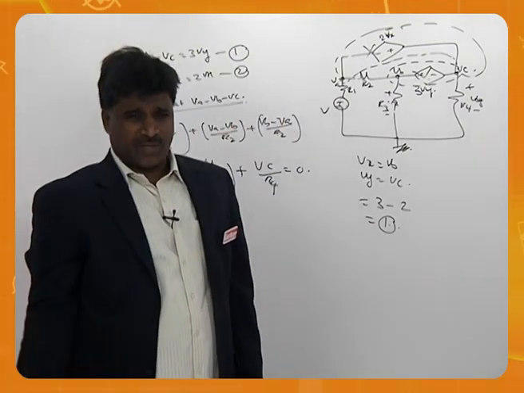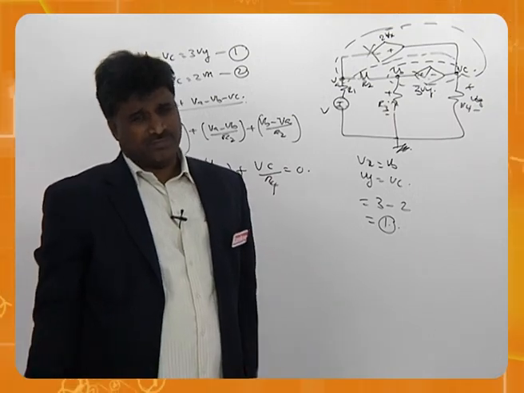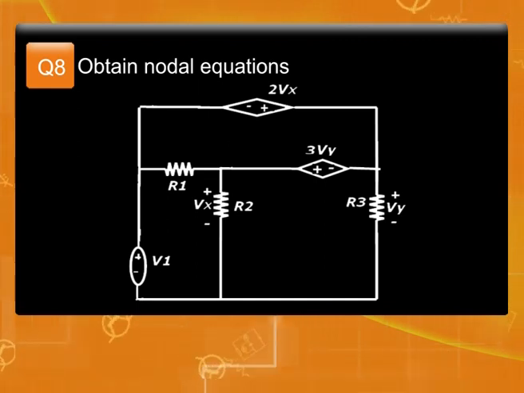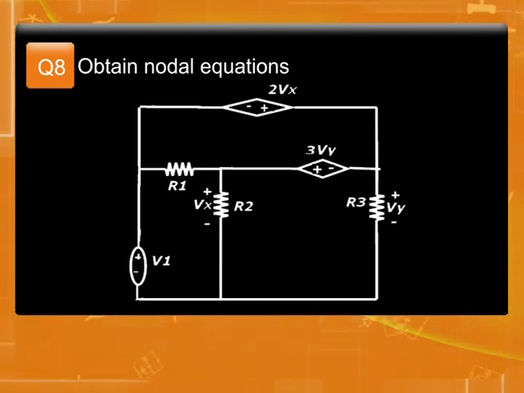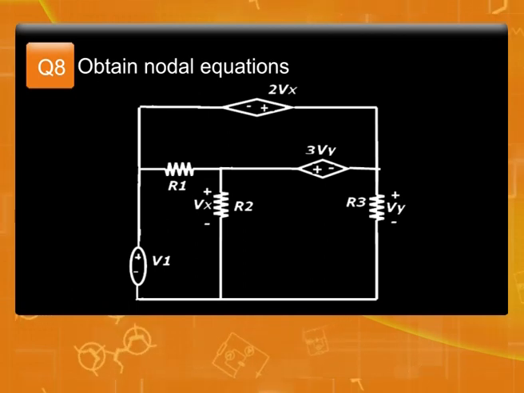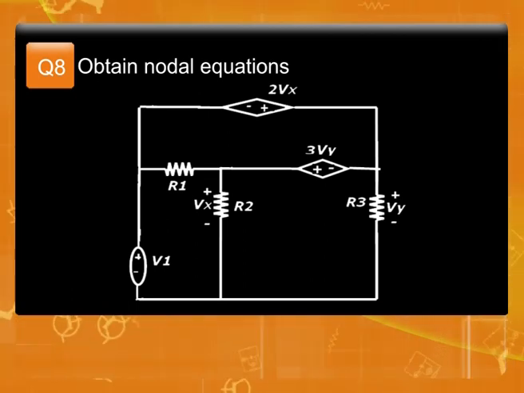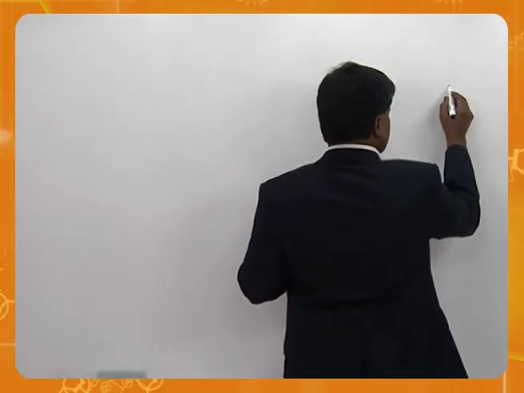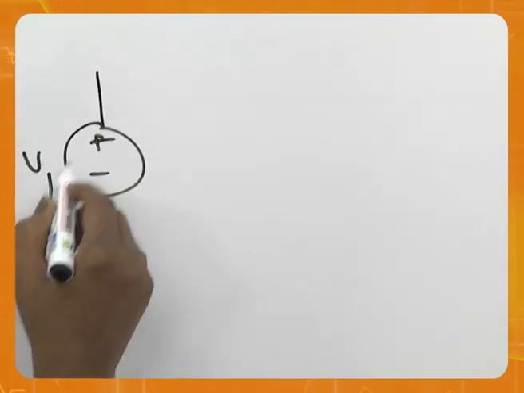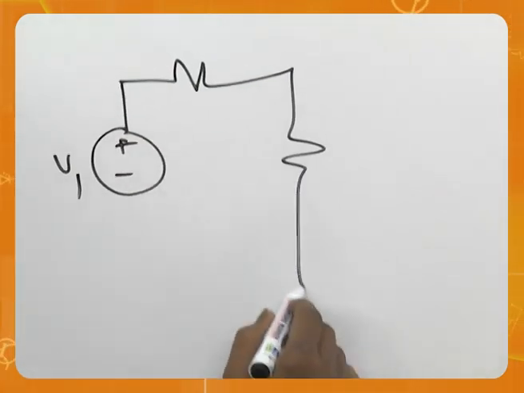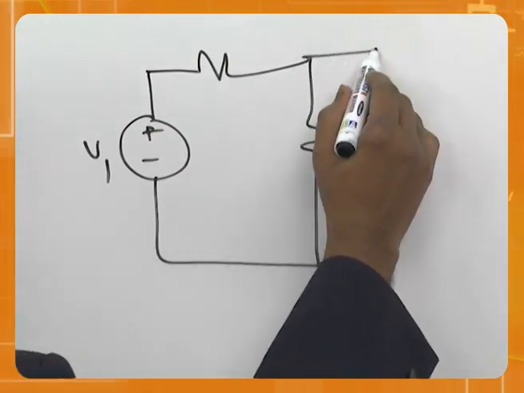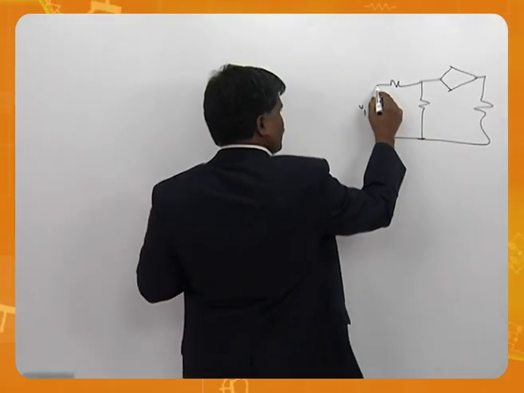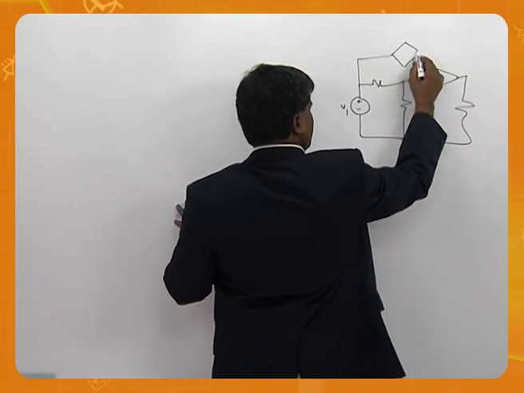So we'll come up with another problem where there is no equation at all. Obtain nodal voltages without any nodal equations. Why? Because you don't need anything. Look at this problem, how I have chosen. This is V1, this is R1, this is 1, this is 1,